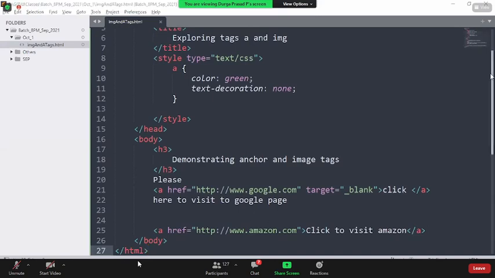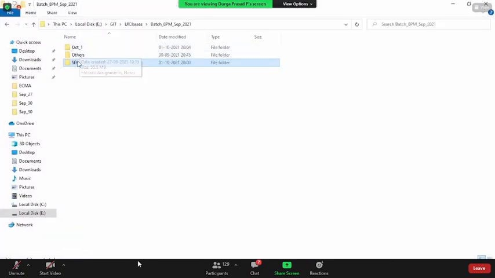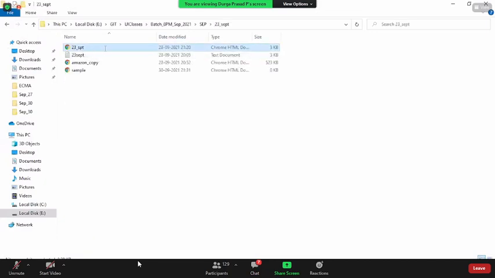And another thing, guys, whenever you are giving the path of this link, it is not mandatory that you have to give public web pages. Amazon.com is a public URL, Google.com is a public URL, like abc.com, gmail.com, any web pages, those are all public web pages. It's not mandatory that you only give public web page links here, we can even give local web pages also.